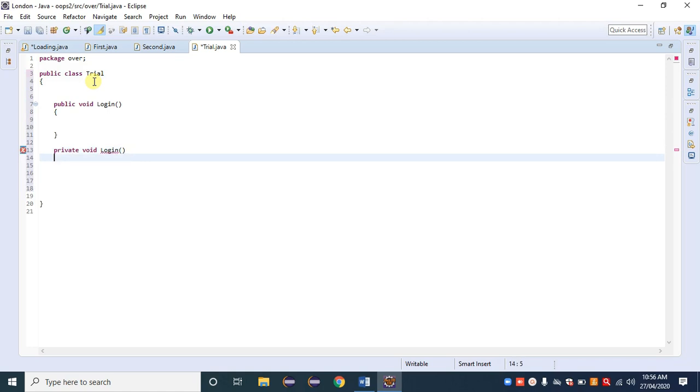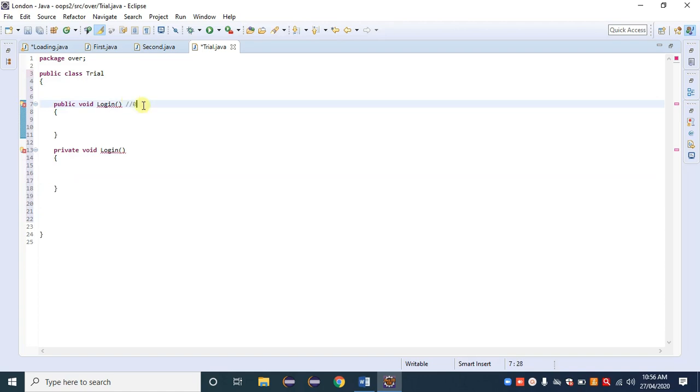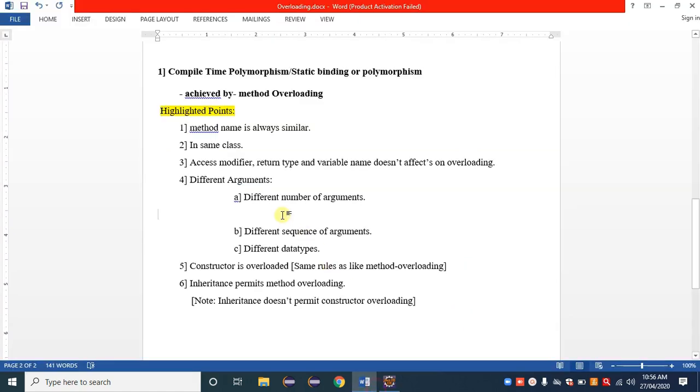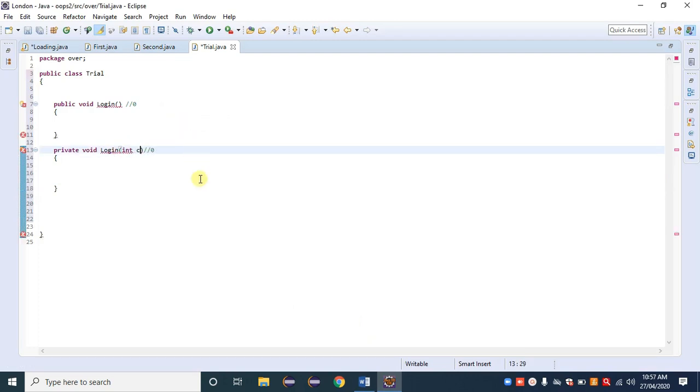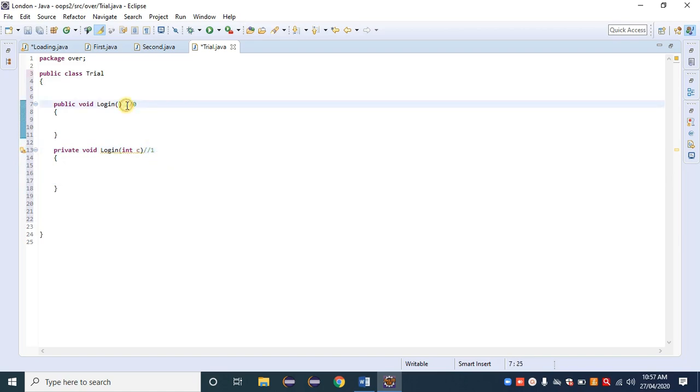Login. Okay, right now here 0 arguments, here again 0 arguments. So what is the first thing? Different number of arguments. So I am just changing the argument number. Here I am giving an argument, int c. Right now here is 1 argument, here is 0 arguments.